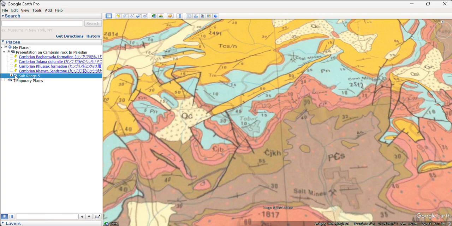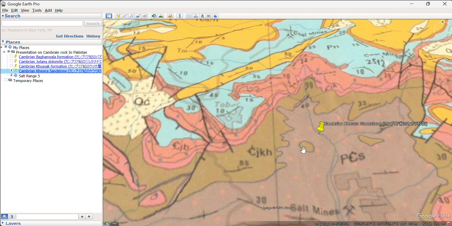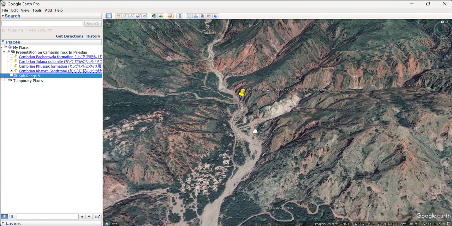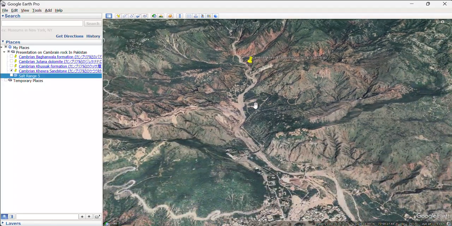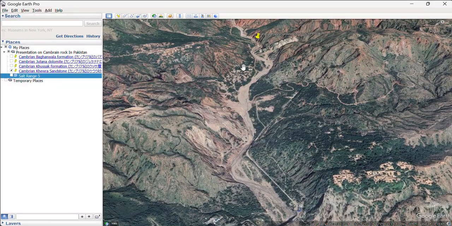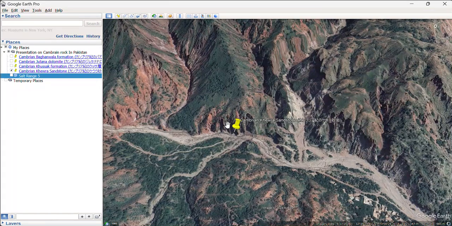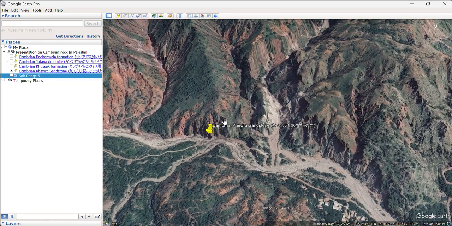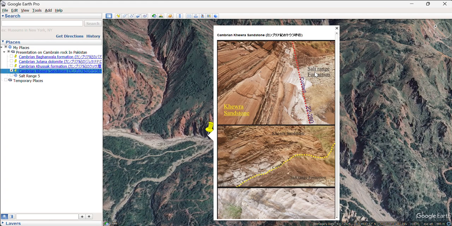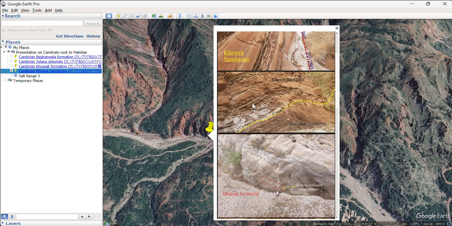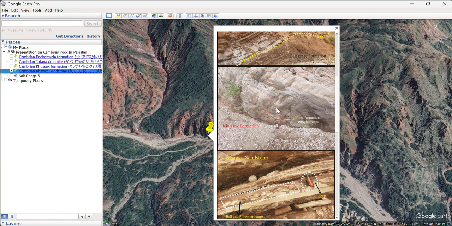So I open the Keura. This is the Keura Gorge. Firstly, this is the Salt Range Formation. This red is the Salt Range Formation, and we have the Keura sandstone on the top of the Salt Range Formation of the Precambrian salt. We see the contact of the salt with the Keura sandstone, and